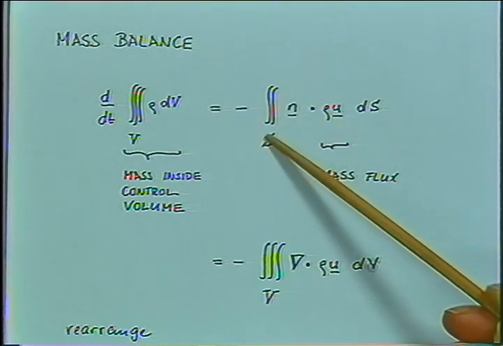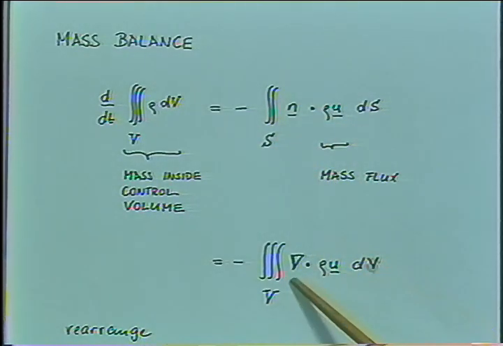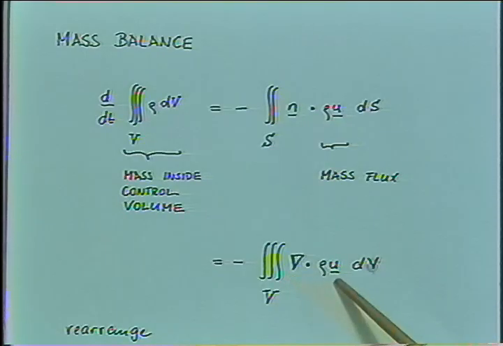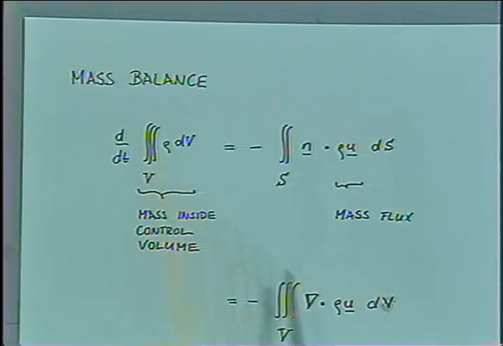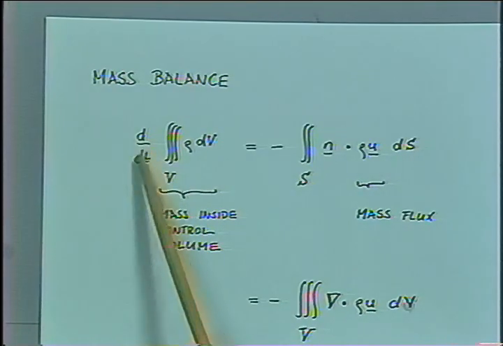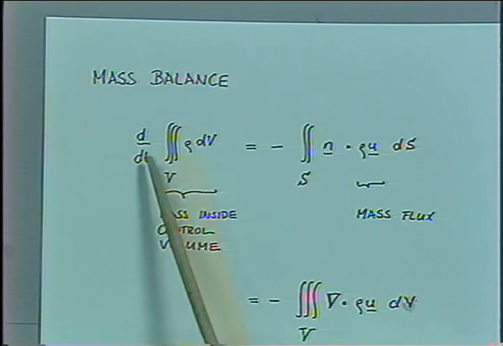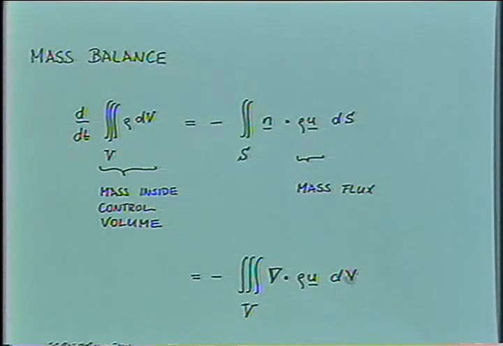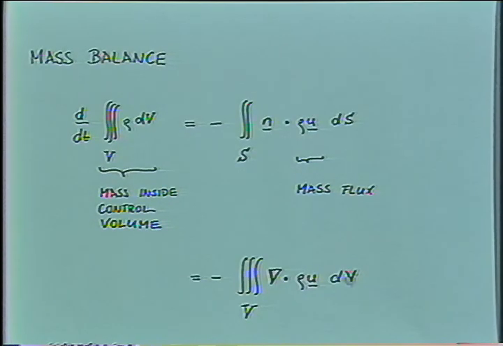We replace the surface integral, by using the Gauss theorem, with a volume integral, using the local velocity gradients in the system. And then we combine the two volume integrals into a single volume integral in which this term is subtracted from the other term. We moved, by the way, this d dt inside. And by moving it inside, we would have d dt as a local time derivative. So in this case, it will be a partial time derivative. It's meant for the local change of density within our volume element. So partial derivative of the density